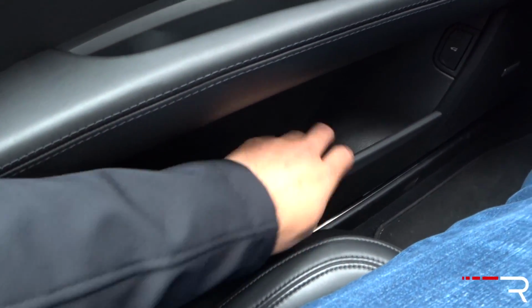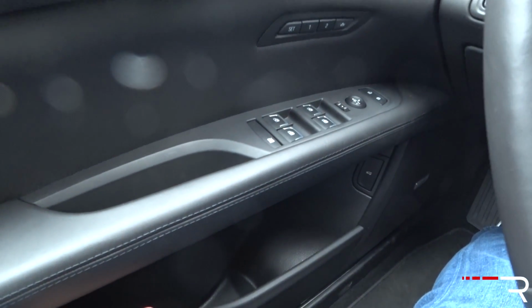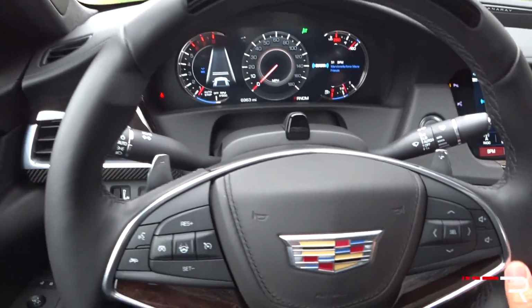But overall, down here, it's actually hard touch plastic, which is surprising to me, and it's not lined in any felt. Some competitors give you slightly better materials, and the plastic on the door panels here feels a little bit cheap as well. Looking at the steering wheel here, it also hasn't changed